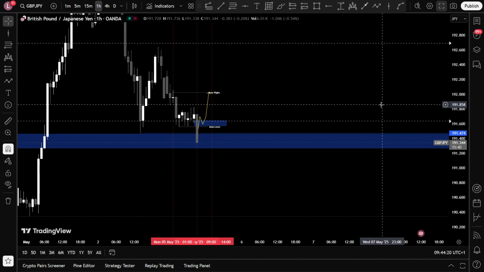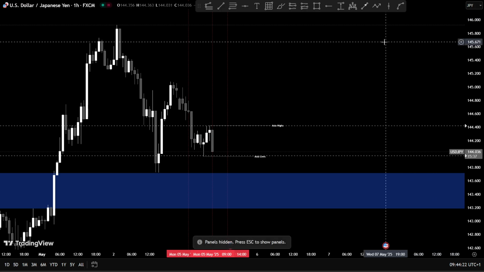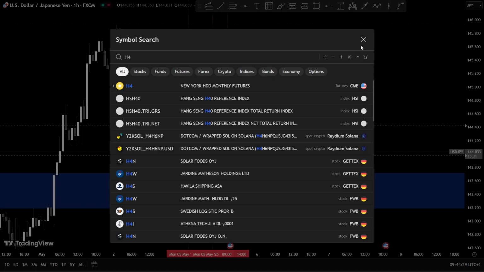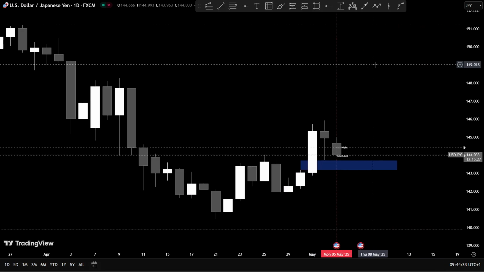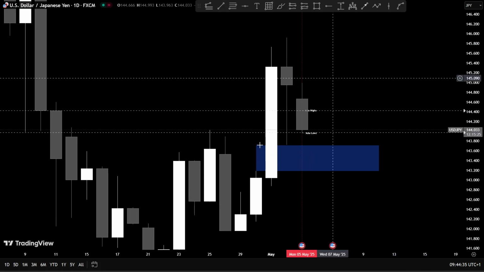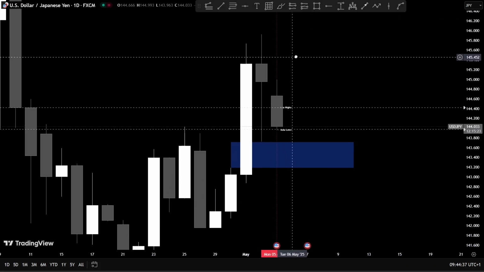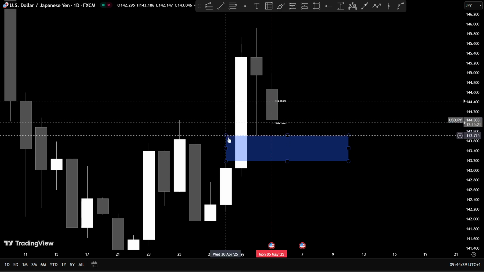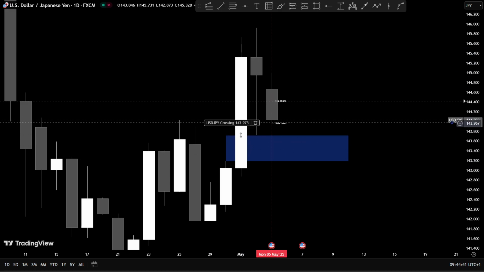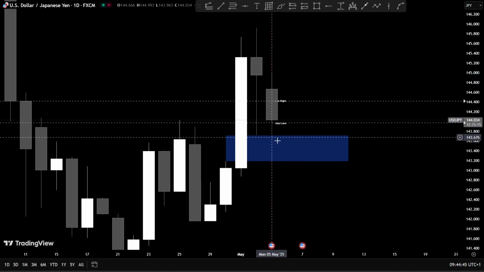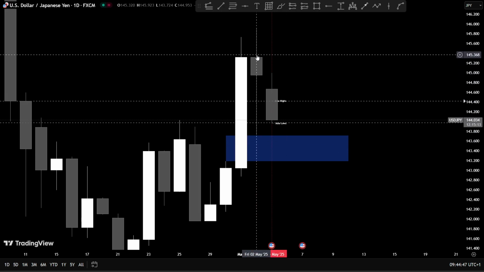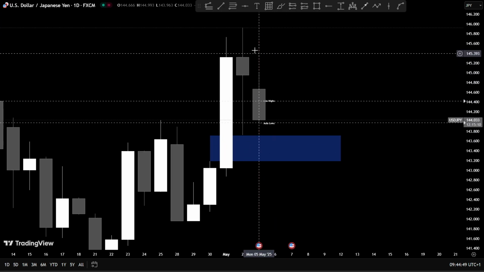So let's move on to USD JPY right now, and it's currently looking a little bit like GJ. Let's see. On the daily time frame, we're in an overall bullish order flow, and we currently have this daily fair value gap sitting right here, this bullish daily fair value gap. Price needs to go and fill it up, because right now, if you zoom in on the daily,